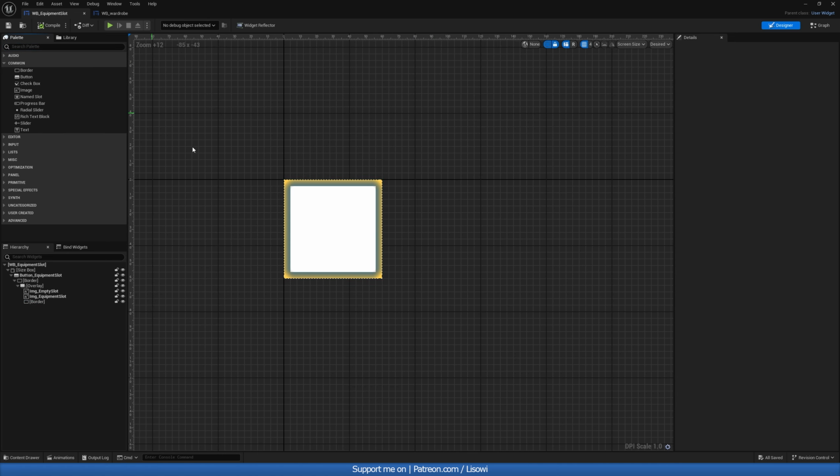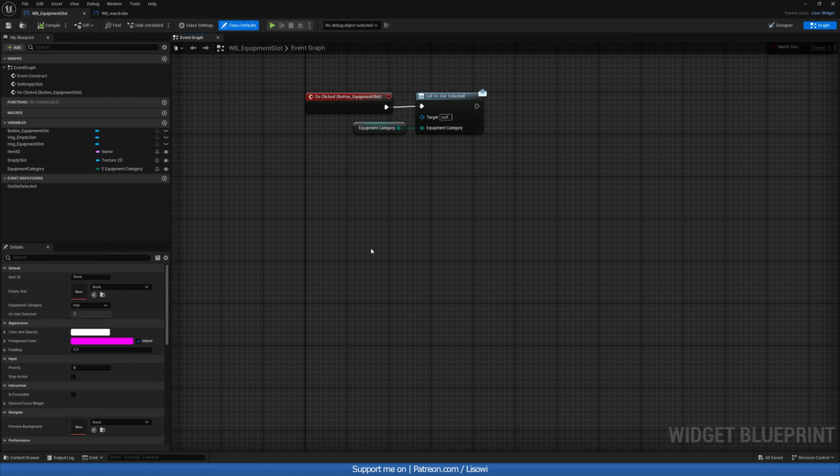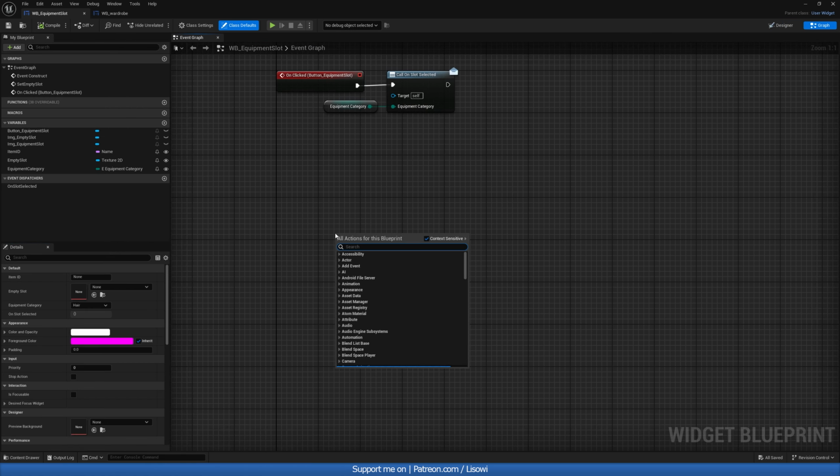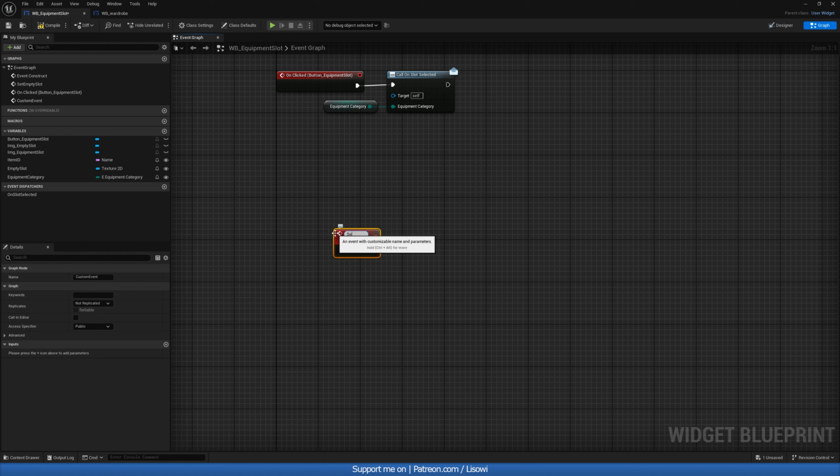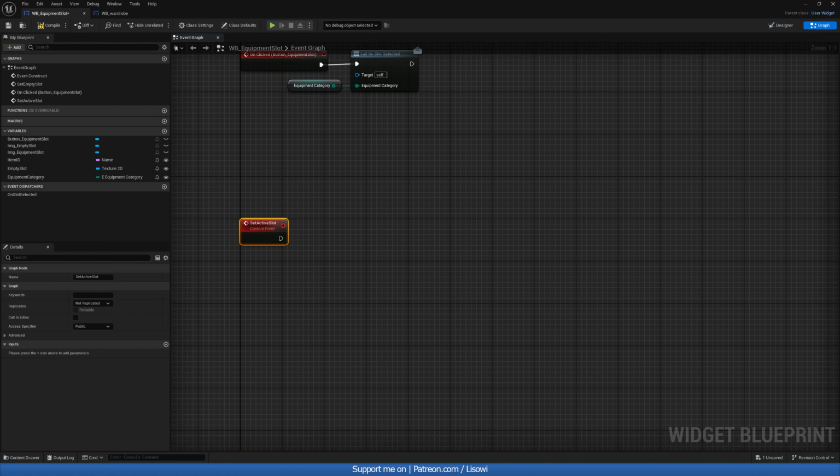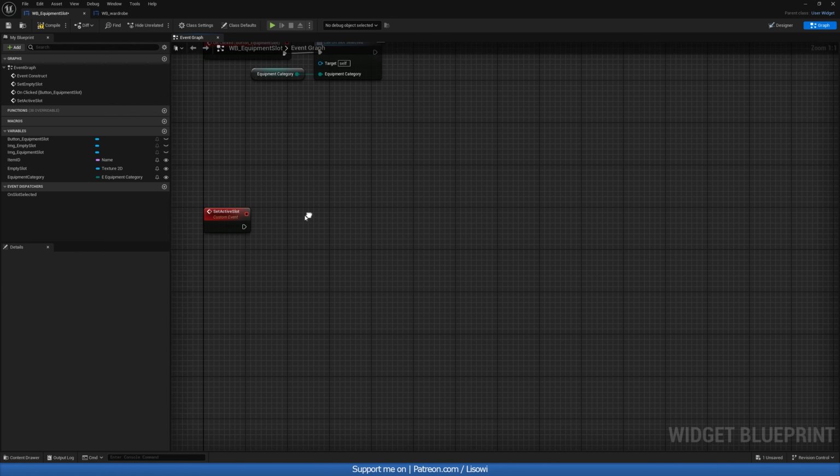And let's compile and save that. Let's then head back into our graph and create an event for this. So we'll do custom event called set active slot. And that's a capital L, which I don't like. So let's do that, active slot. There we go. Okay, now in here, what we want to do then is let's get our border, which we